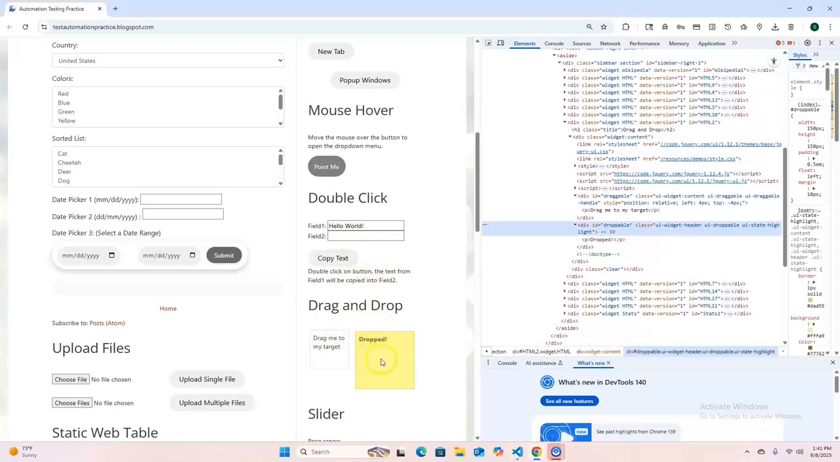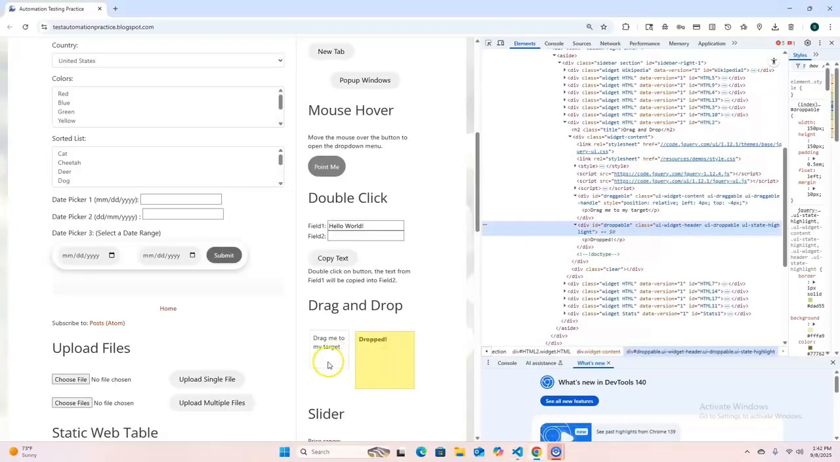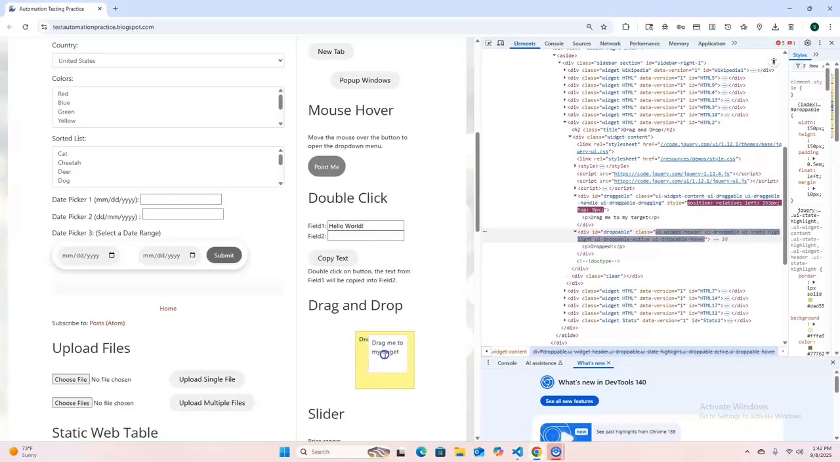First, we found the locator of these two elements. This one is a source element and this is the target element. So here we found the locator and stored it in a variable. This variable is source place, I just gave the name, and this variable is target place. After that, our requirement is that this source element needs to be dropped in this target